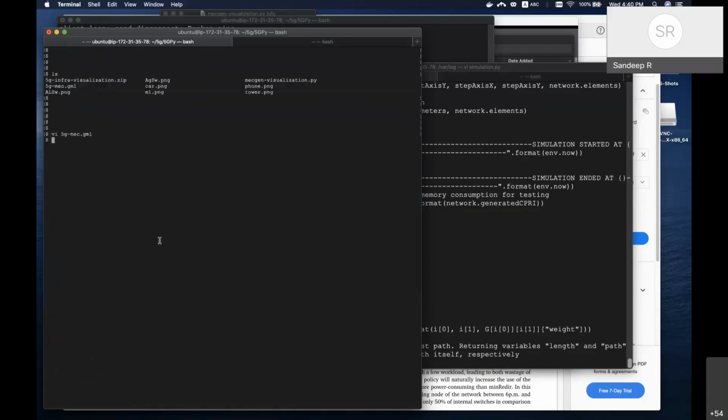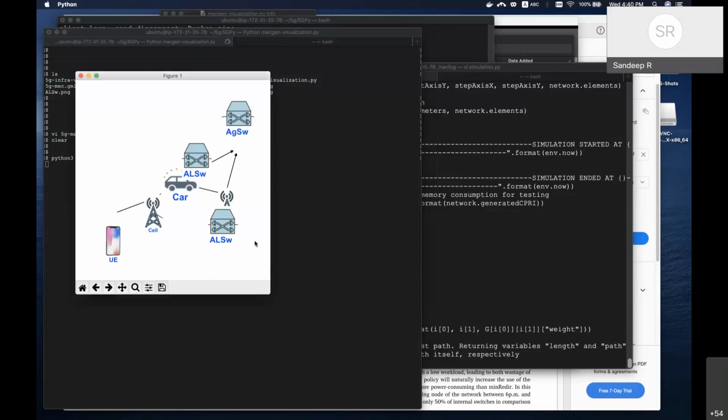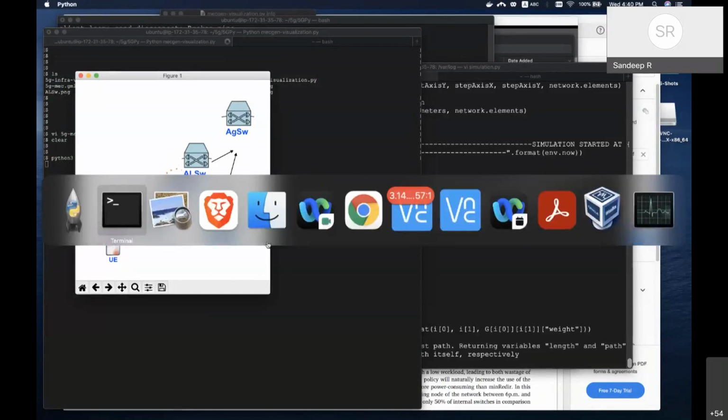They also had a simulation where they could see all kinds of traffic going back and forth. So what we did is basically took this GML and tried to put a visualization around it. I'll show you if that looks good. We tried to put it slightly differently than the visualization you saw here.